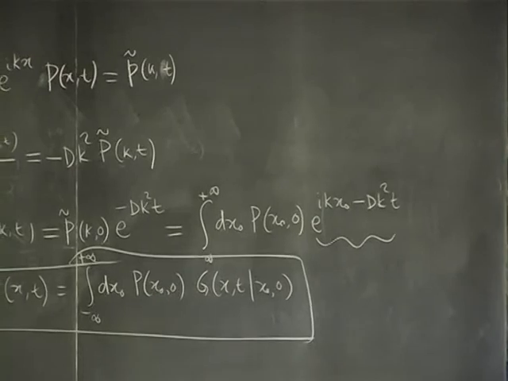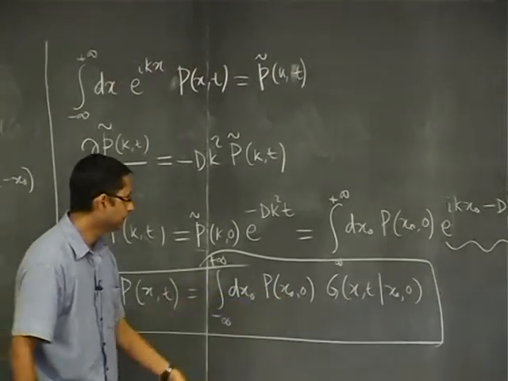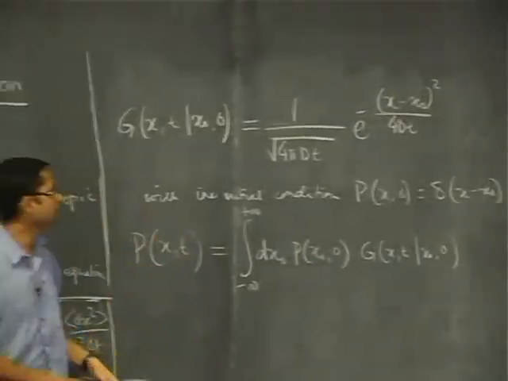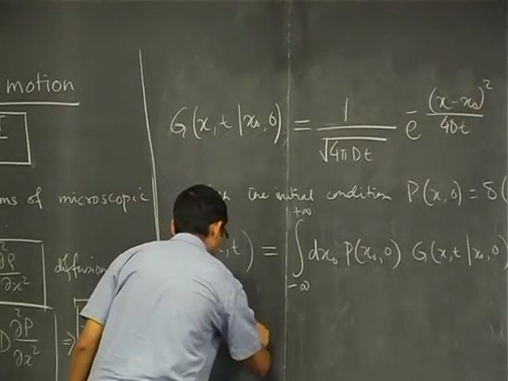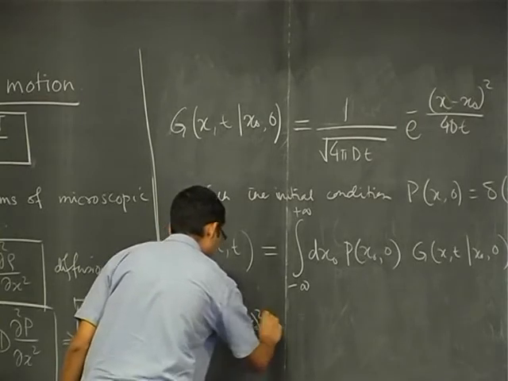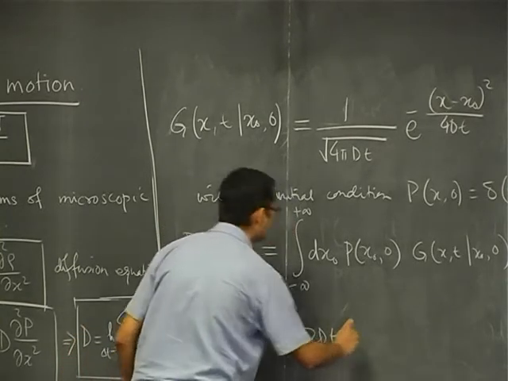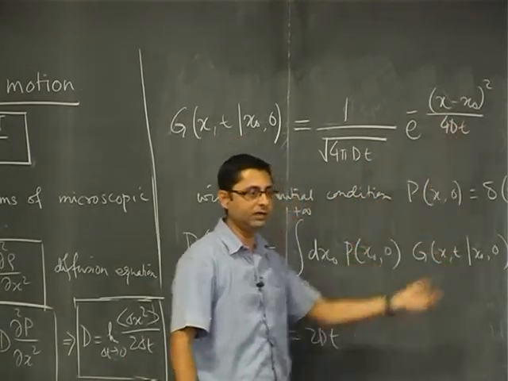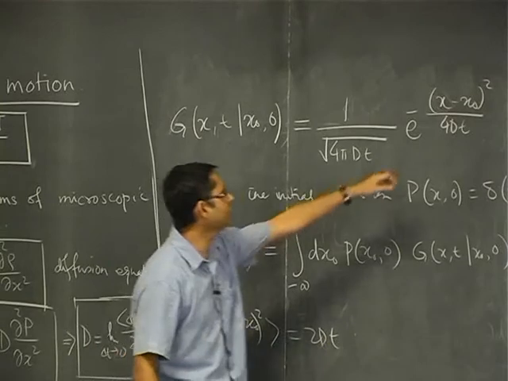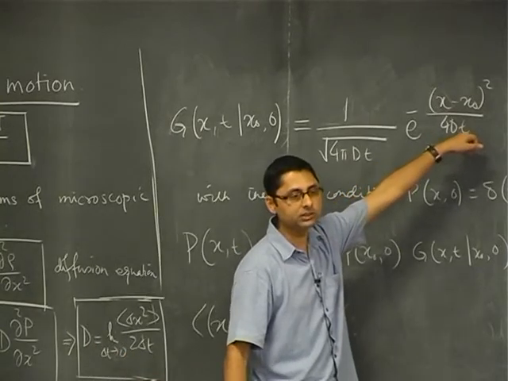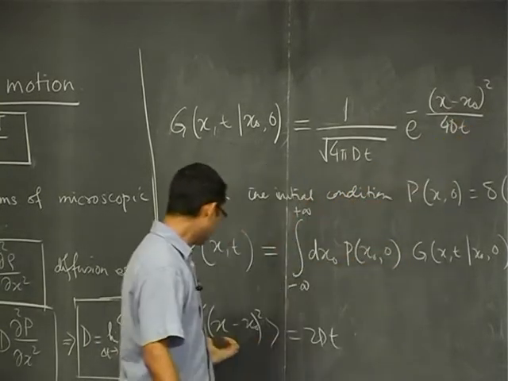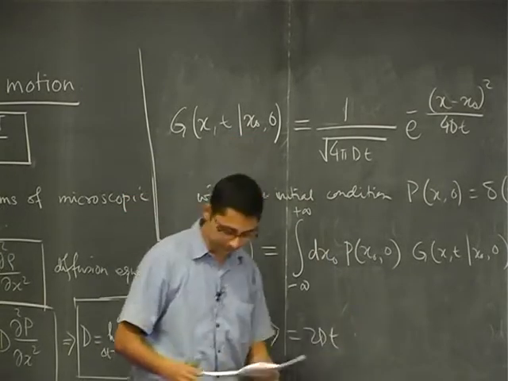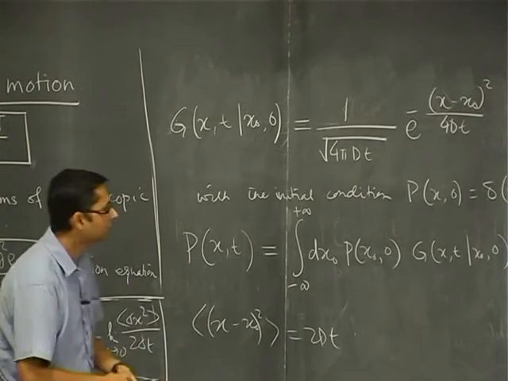Again, using this equation or using this equation, you should verify that if you calculate the average of x minus x0 whole square, you get 2 d t. It's very easy because it will be just given by the variance of this one. It's like the variance of the Gaussian distribution. So what is the variance? 2 d t is the variance of this distribution. So it's easy to verify that this is what you get. Okay, so now